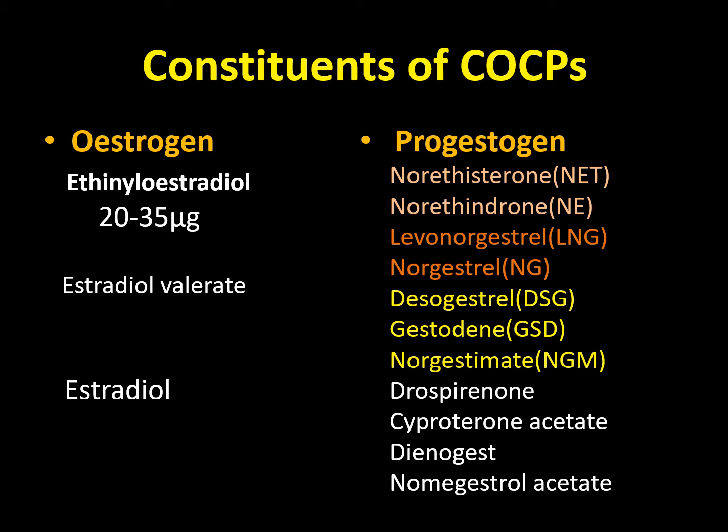Cyproterone acetate has anti-androgenic activity, and this is why it is used in the management of androgenic symptoms such as acne and hirsutism, and in combination with ethinyl estradiol, it is a combined contraception. Whenever you have a woman presenting with hirsutism and acne, as in cases of polycystic ovary syndrome, and they require contraception at the same time, then the pill of choice will be Dayan. Dayan is a combination of ethinyl estradiol and cyproterone acetate.